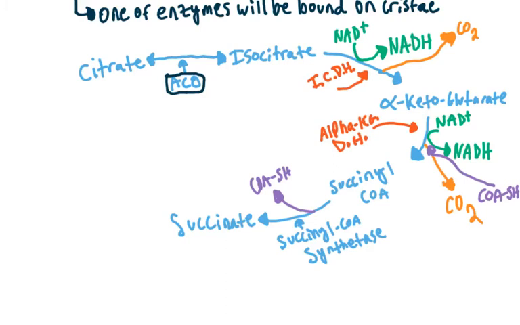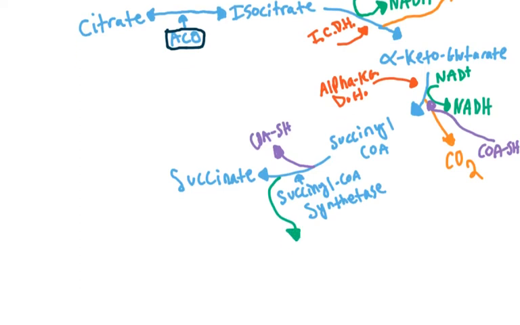So let me go and write this down. As this reaction goes forward from succinyl coenzyme A to succinate, we have an inorganic phosphate that combines with GDP, all right, that turns into GTP,